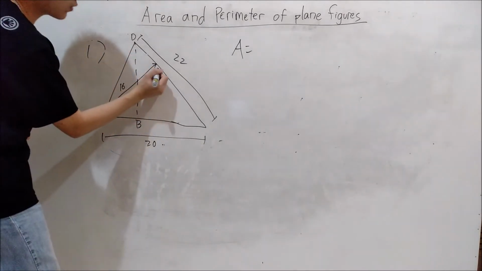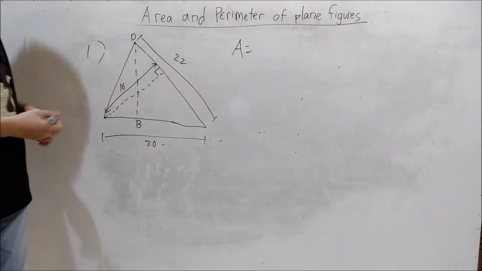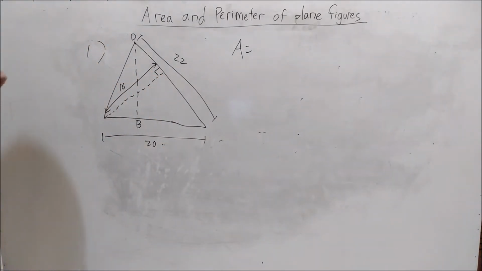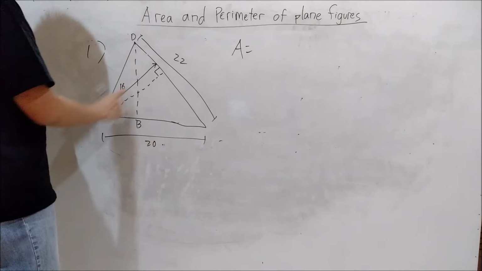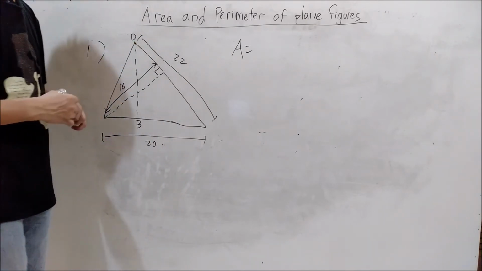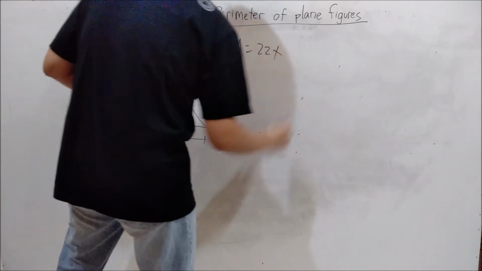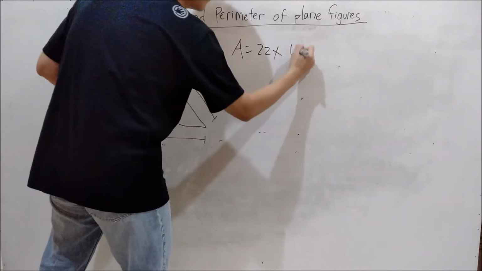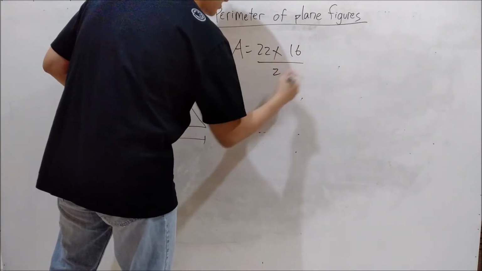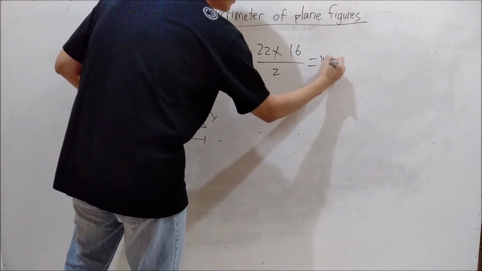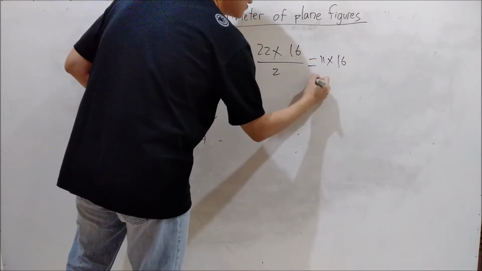If you notice from the question, there is a perpendicular here, which means 20 and 16 will be our base and our height. So I will use 22 as the base, times height. The height is 16 divided by 2, and then it will give me 11 times 16,